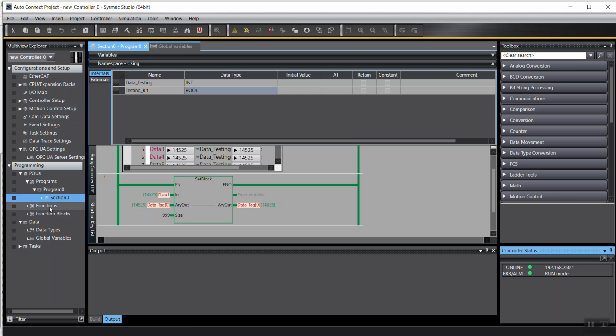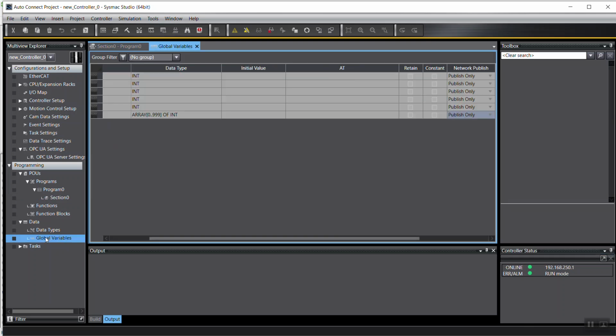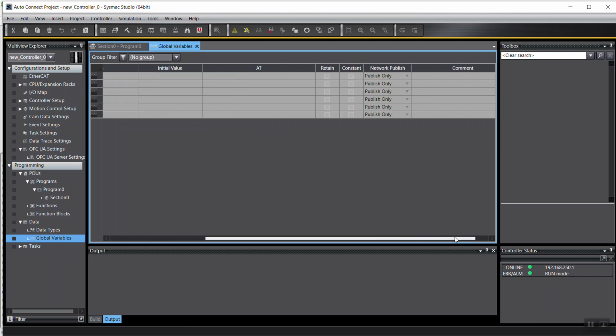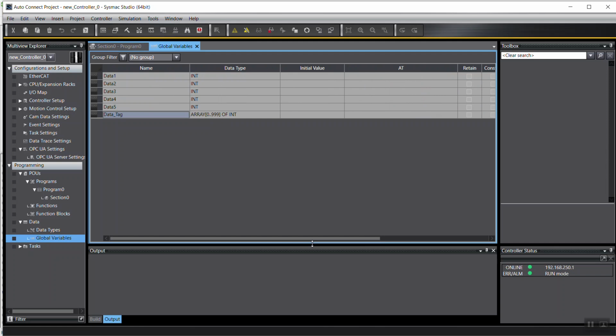Those are the global variables in here, and I also set up a data array: 1,000 words from data tag 0 to 999. So for all of these variables, if you want to share them with SCADA software, you're going to change the network publish